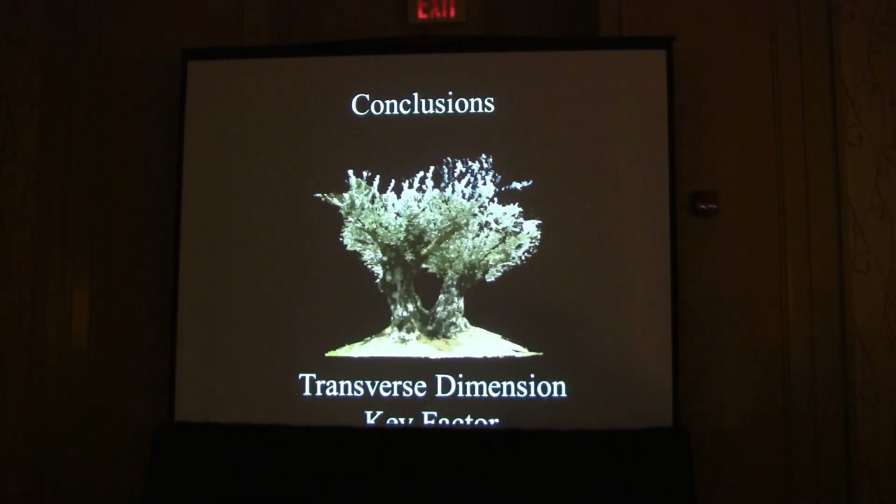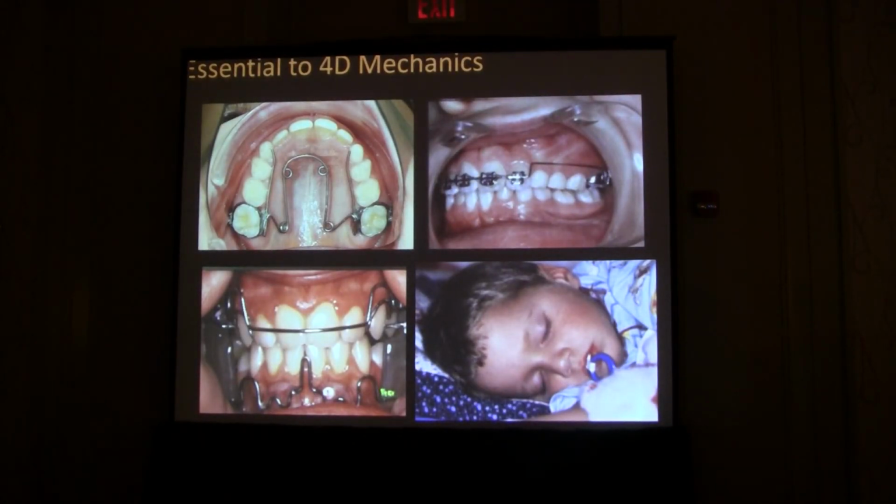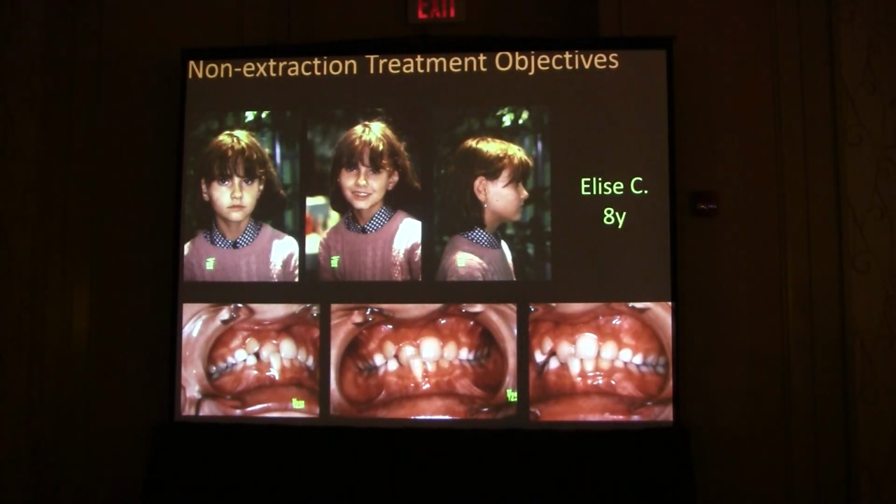In conclusion, can we consider the correction of the transverse dimension a key factor in orthodontics? The answer is yes, because it enables the use of a real four-dimensional mechanics. It also enables to treat without extractions in every difficult case on a functional or breathing and periodontal level,